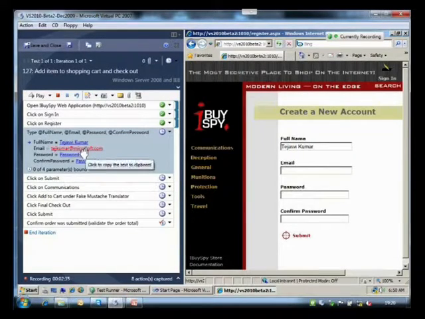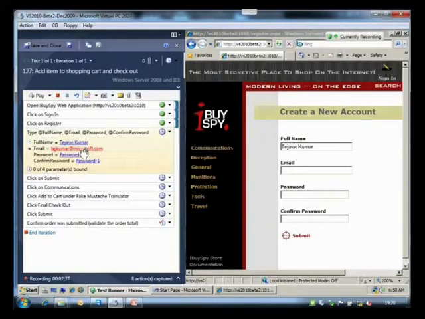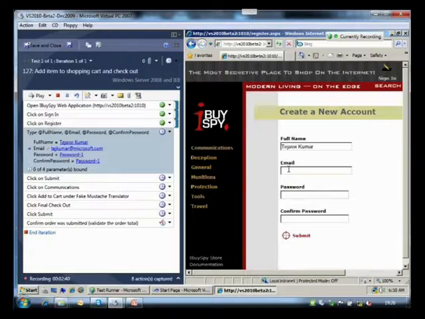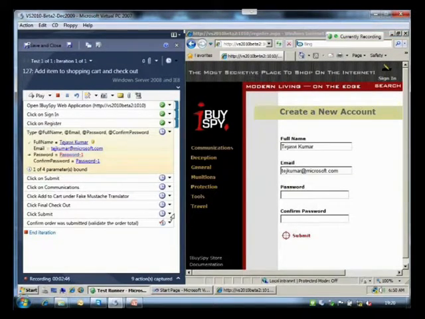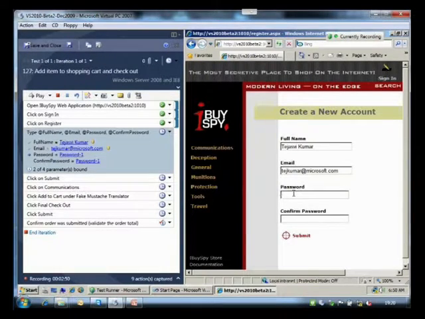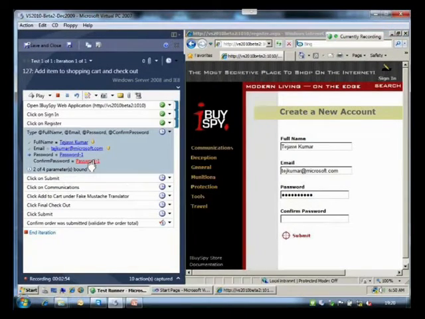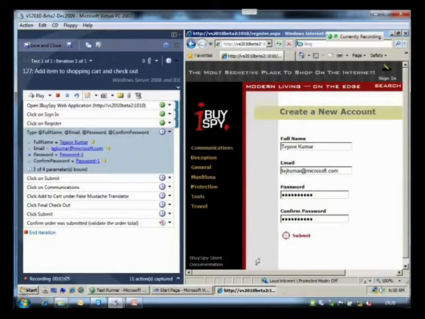I do the same thing for the second value that I have here, which is the email address. I click on the second control, which is the text box, and do a control V. The third one is the password. Similarly, I do a control V, password. The last value is confirm password. So again, I'm binding this particular text box to the column in my table. So once I do this,